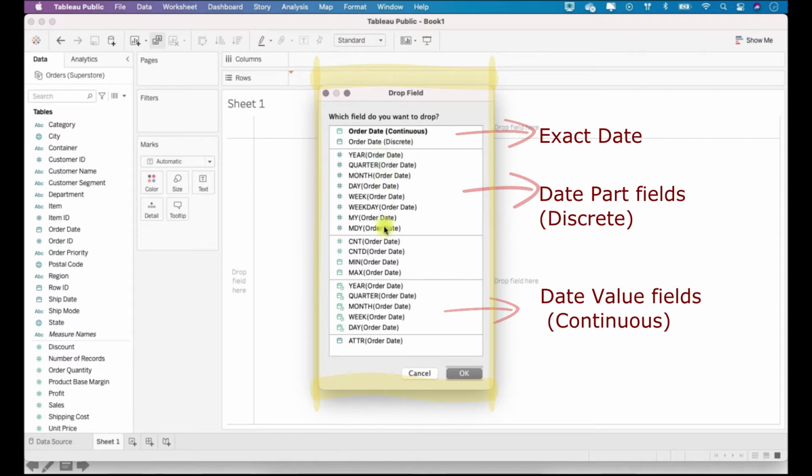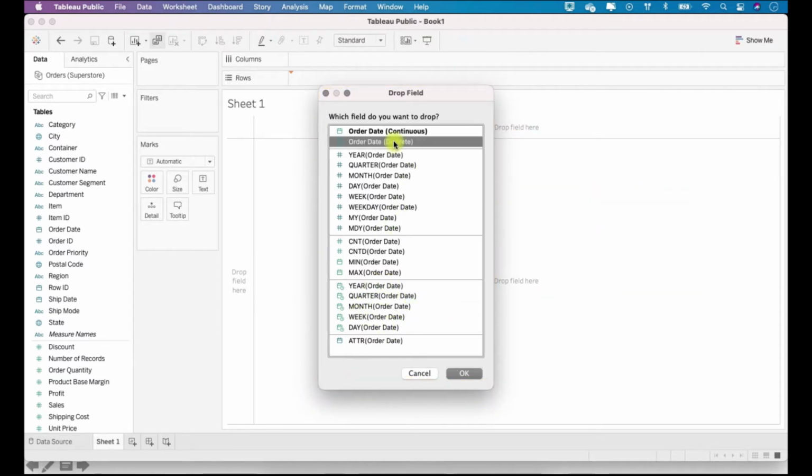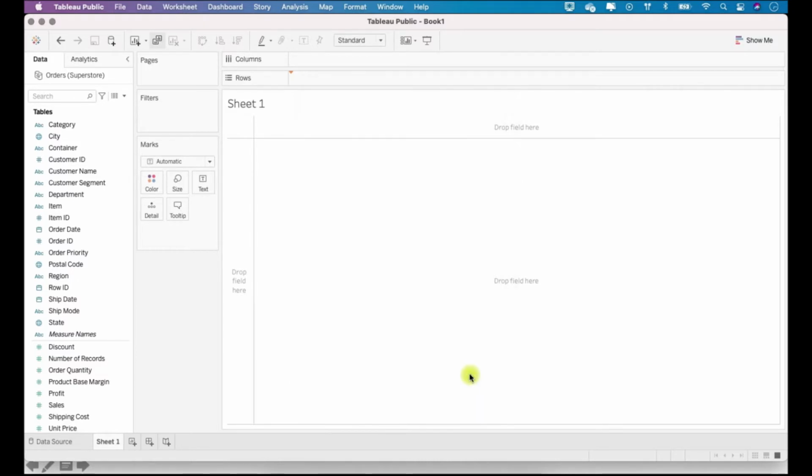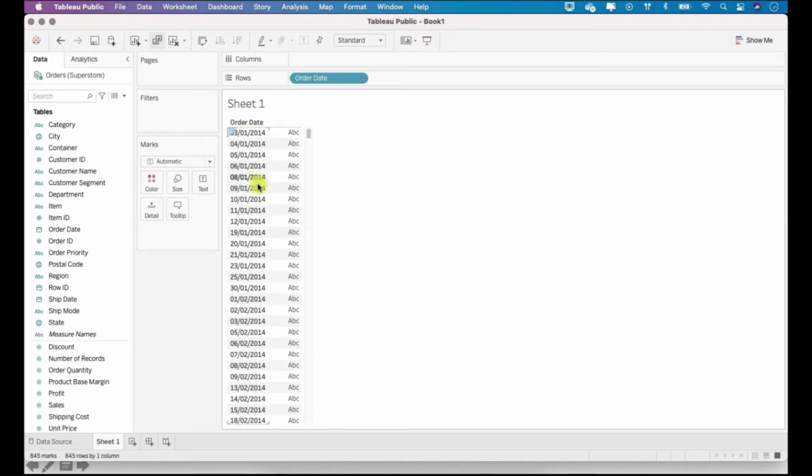Then you have a variety of options for date part, and here as a date value. So I'll select for now order date discrete. So it will display the exact date value in discrete form. So you see all the date values in my table are being displayed in discrete form.